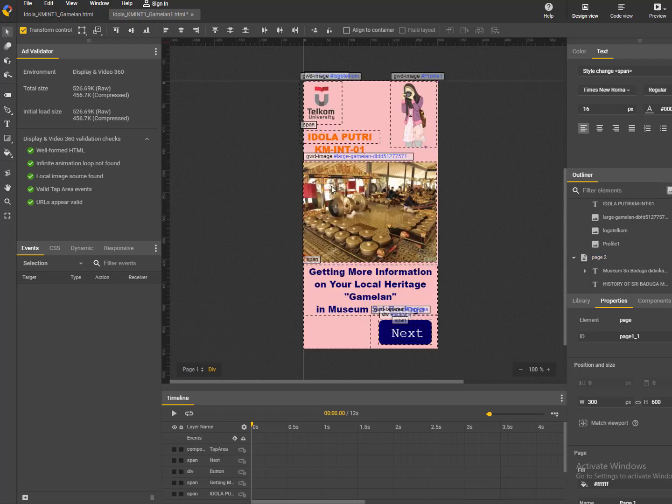In this page you can see that you have your previous work from Google Web Designer. So we're going to learn how to put an animation on this page. Some of you maybe already put the animation on the page, some of you maybe not. If you already put the animation, you can skip the animation tutorial.